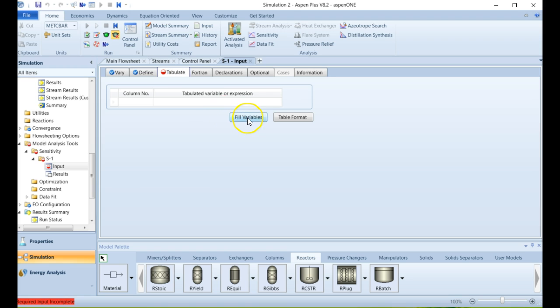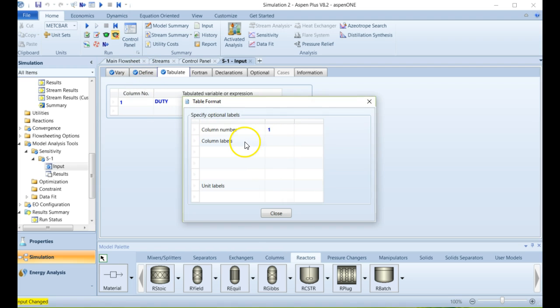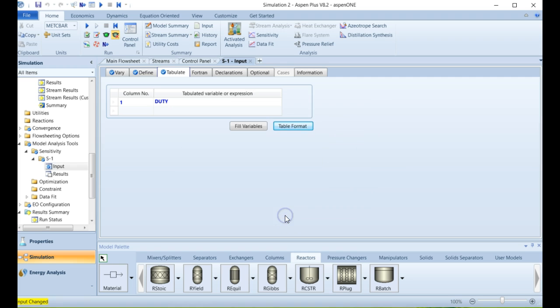We can now go to tabulate, fill variables, and we can specify the column. This is useful in creating the table outputs if you have multiple defined variables that you want. And now you can also give table headings for what you're going to call these values. So the column label for this one, we'll just call heat duty, and units, gigacalorie per hour, because that's what it is being reported in. And that's it. So now we just click run,